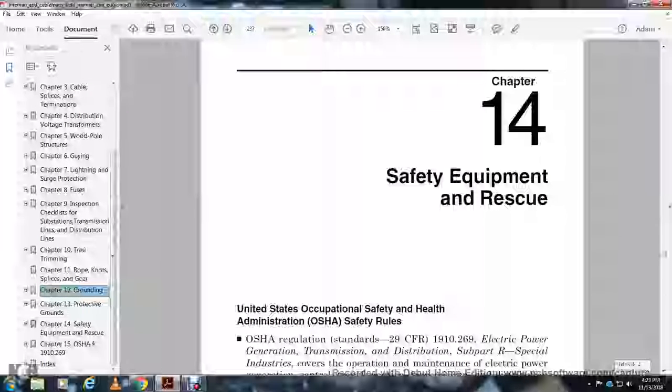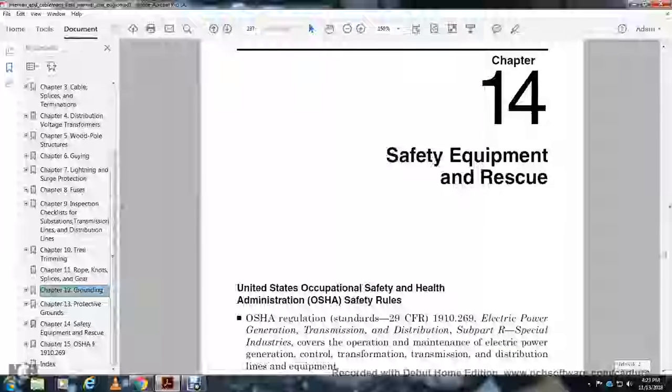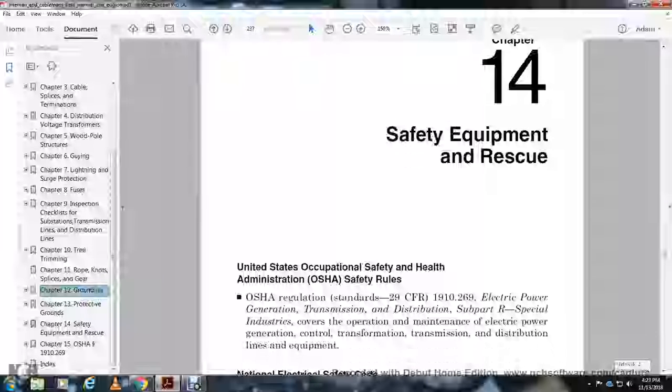All right, Chapter 14, Safety Equipment and Rescue. United States Occupational Safety and Health Administration safety rules, OSHA regulations, Standard 29 CFR 1910.269, Electrical Power Generation, Transmission, Distribution, Subpart R of the Special Industries, covers the operation and maintenance of electrical power generation, controls, transmission, distribution, line, and